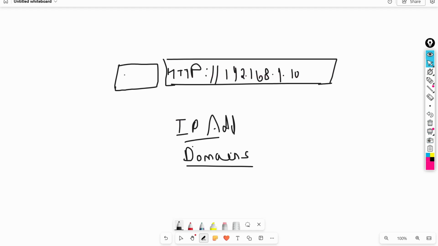Let's say this is your web server and this is the IP address of your web server. On this server, we can host IP addresses, domains and URLs. So what is the use of this text-based file? Let's say you want to change a policy, and you have a policy with 100 objects.